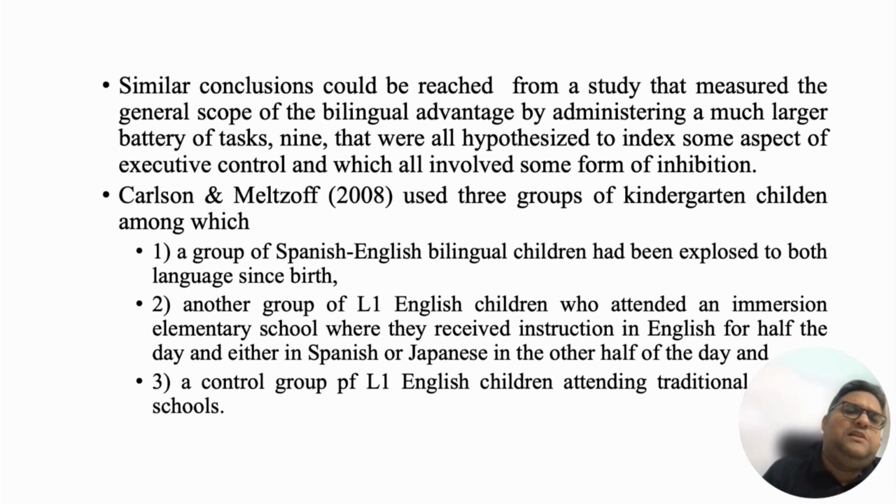Now, Carlson and Meltzoff actually conducted this study on 3 groups of kindergarten children: a group of Spanish-English bilingual children who had been exposed to both languages since birth, another group of L1 English children who attended an immersion elementary school where they received instruction in English for half the time and in either Spanish or Japanese for half the time. So these are mixed groups. And a control group of L1 English children who attended traditional schools, receiving only English